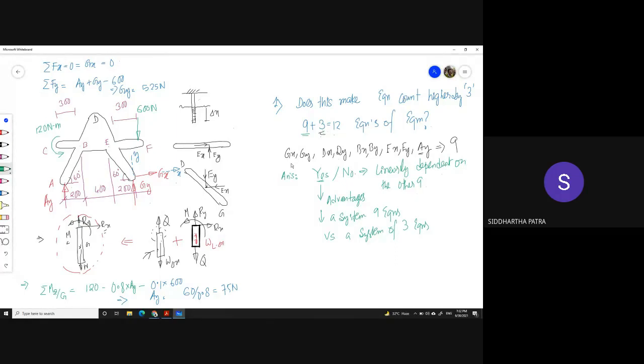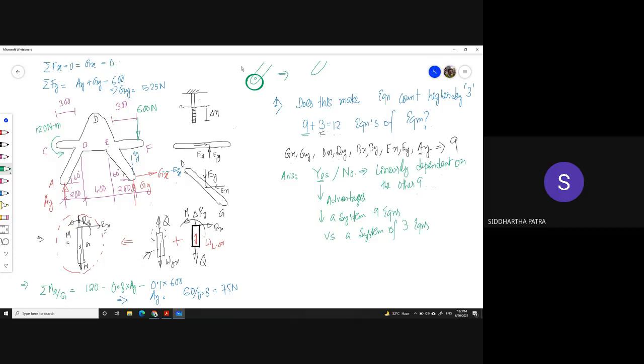Okay, so the system is consistent. And if that were not the case, I would not be able to solve this equilibrium problem right here. For example, instead of using a roller support at A, if that were to be changed with a pin joint,